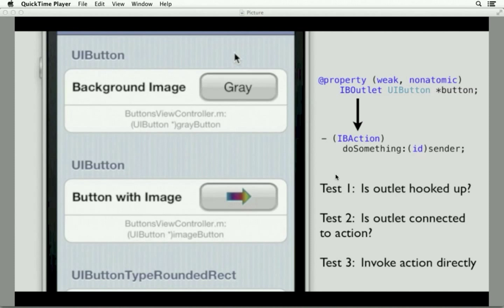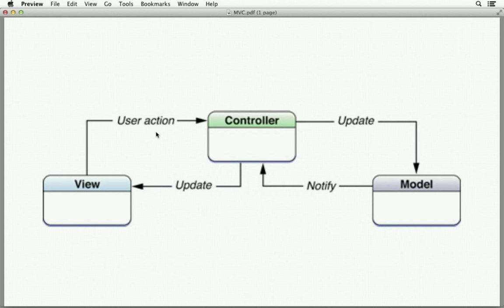Test 1: is the outlet hooked up? That is, in this case, is there a button that we can access? Test 2: is the outlet connected to the action? That is, in Interface Builder, is there an actual connection to a particular method that we want? And then test 3 is go ahead and invoke that method directly, as if the user had done it, only the test is doing it. So that's how we TDD the user action portion.